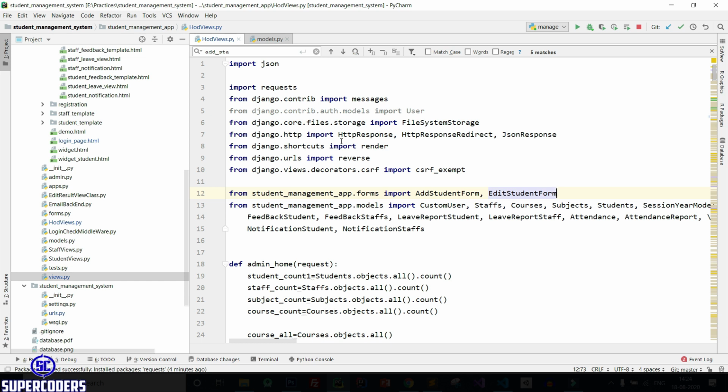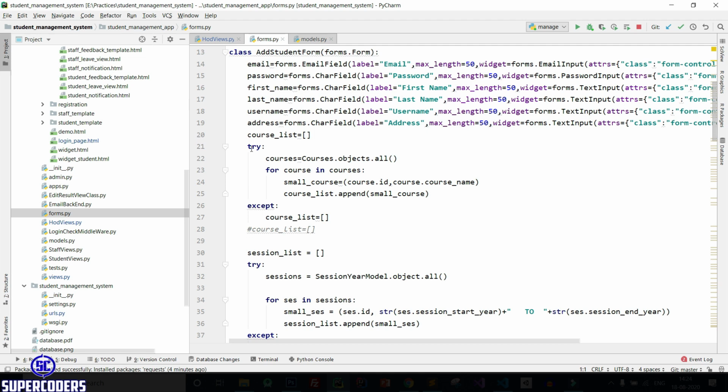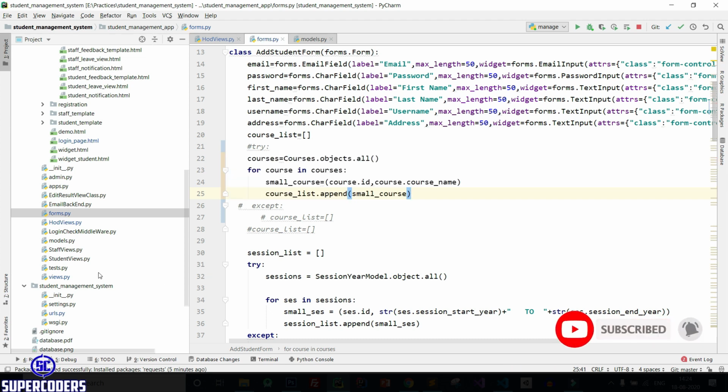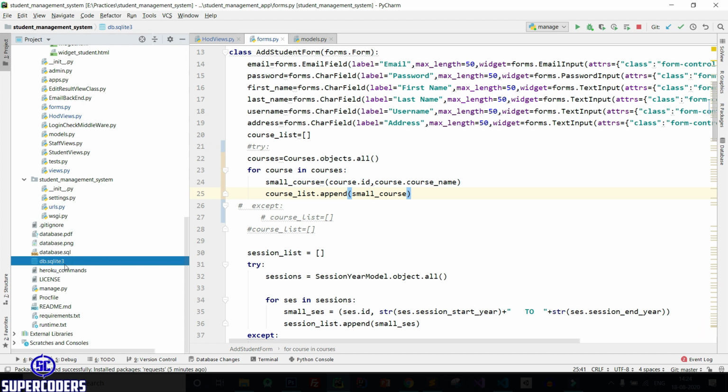Now let's see the next error, which is in forms.py. So open the forms.py file, and here remove this try and except block. Save it. Now delete our database. So click on this and delete it.